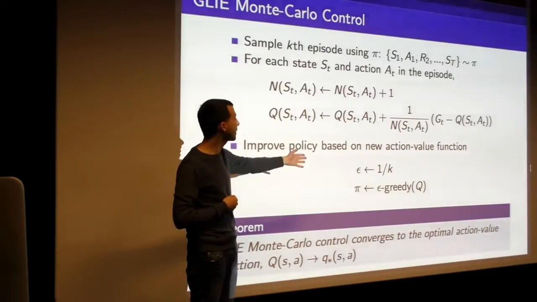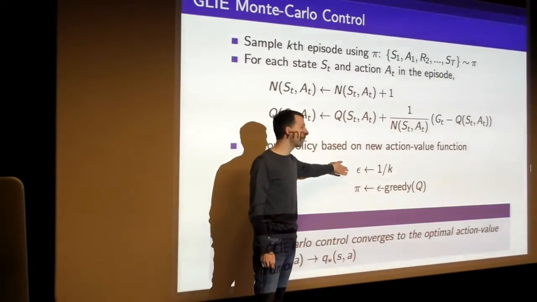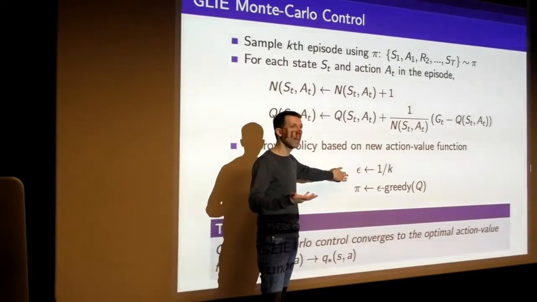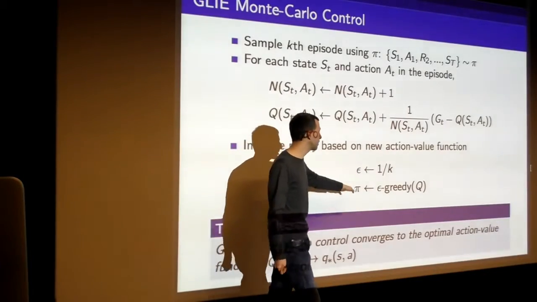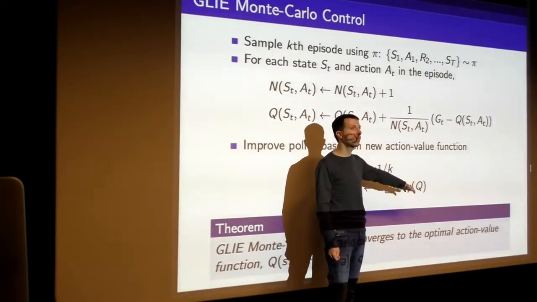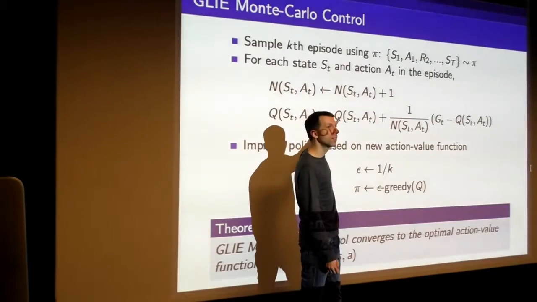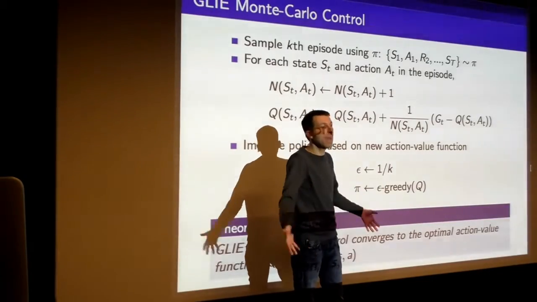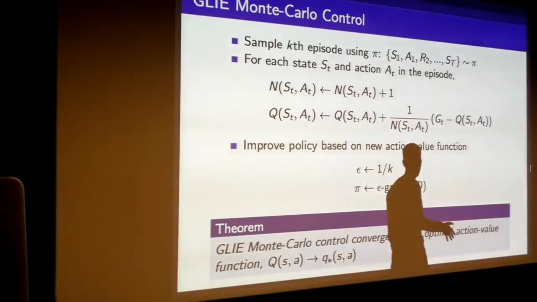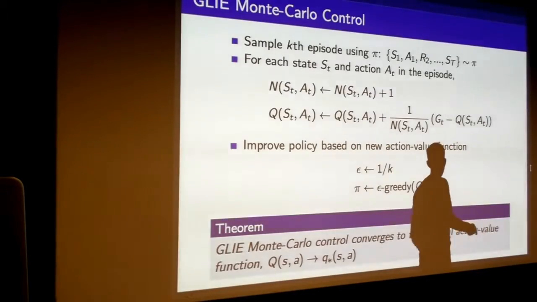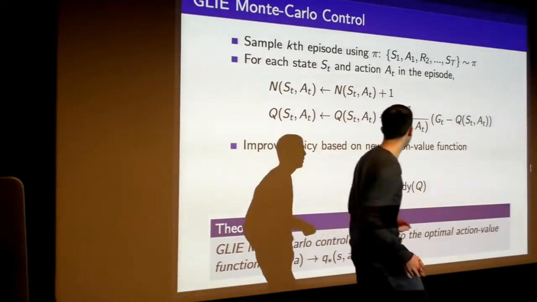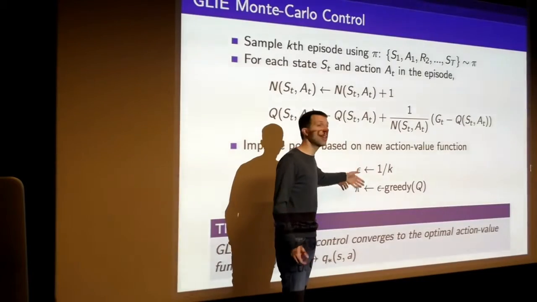Now the policy improvement step just looks like this, where we can, for example, set epsilon to its new value, 1 over k, and now we're just going to act epsilon greedily with respect to these new Q values. And those Q values are going to be the same everywhere, apart from the states and actions that I just visited. So we only update those Q values along one trajectory, but that's already enough to change the behavior that we actually see there.